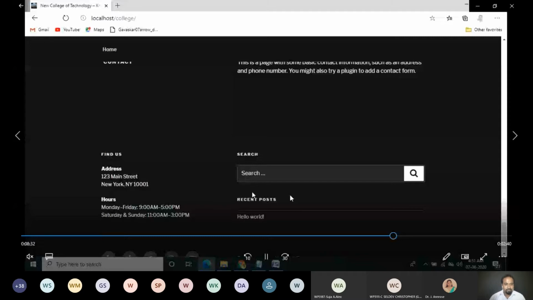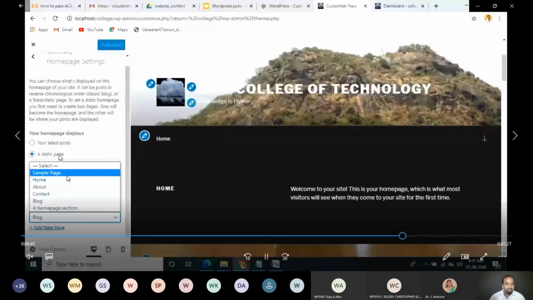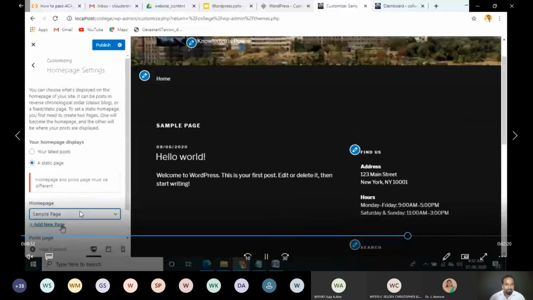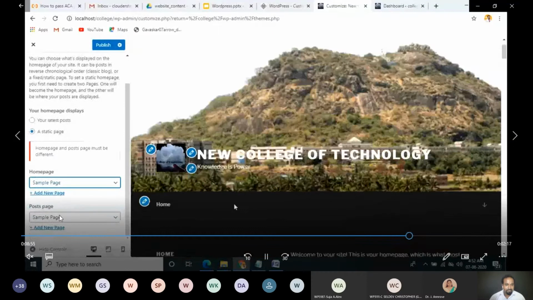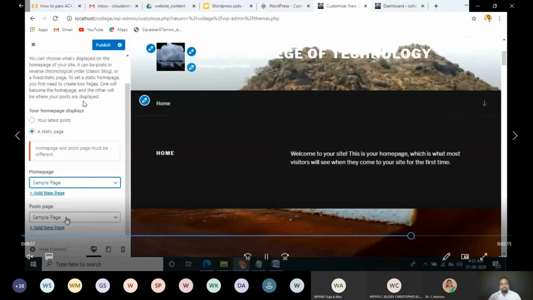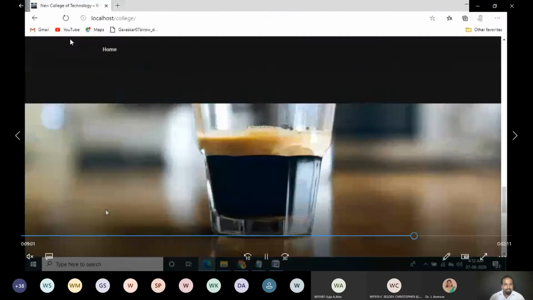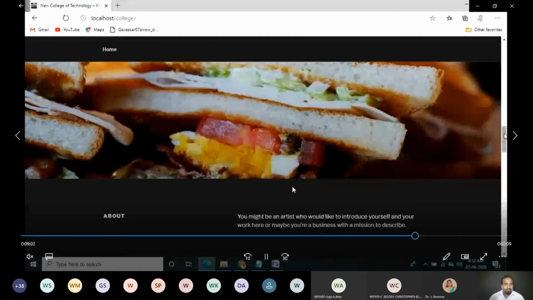Now, home page setting. Again, you see here, here also you can set the home page. In the settings also we can find the home page setting. Same setting is present here also. Here you can provide static page or latest post. I am providing the static page here. So it's simple. In two places you can set the home page. Either you can set it in the settings or you can set it in the appearance also.